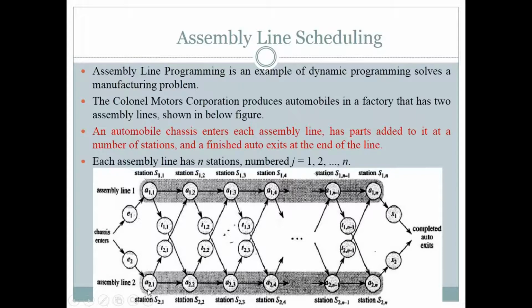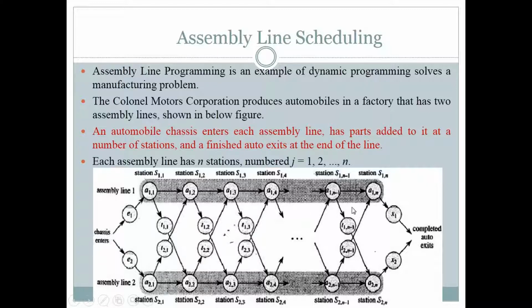In that, station A21 will do the same work that station A11 is doing. Station A22 will do the same work that station A12 is doing. The same functionality is provided in assembly line 2 as in assembly line 1, but the cost of each station will be different.